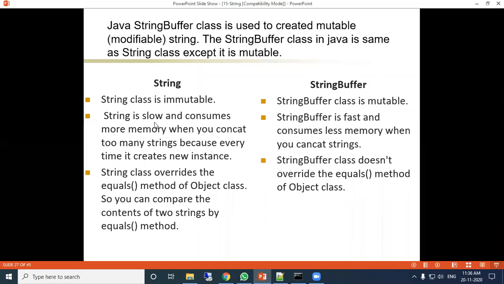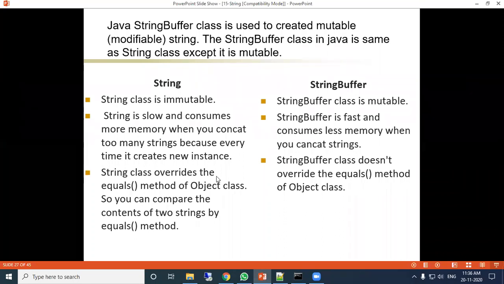And string is slow and consumes more memory when you concatenate too many strings, because every time it creates a new instance. Whenever you store or modify anything in a string class object, every time it will reserve new memory space. It will not use the previously reserved space. But string buffer does not reserve new space. It uses the same memory, so less memory is used when you concatenate.